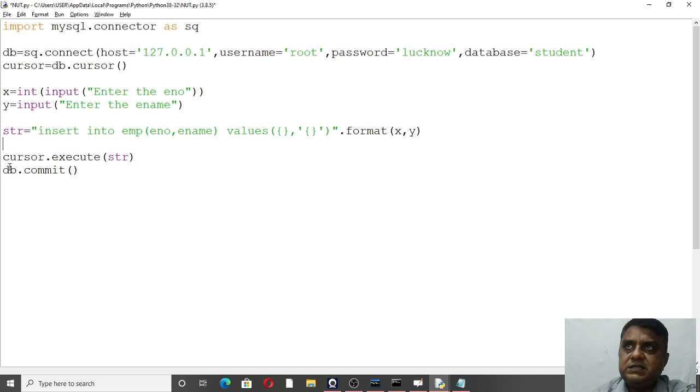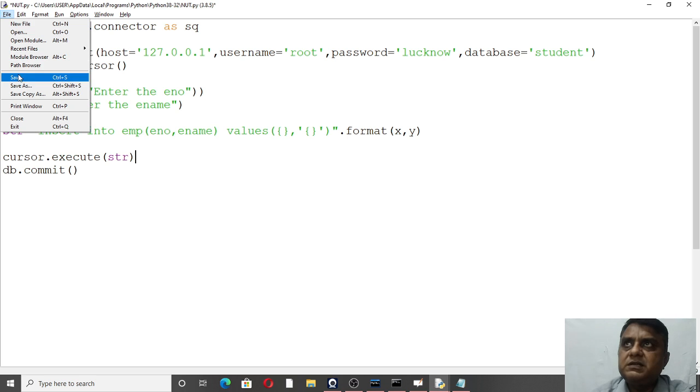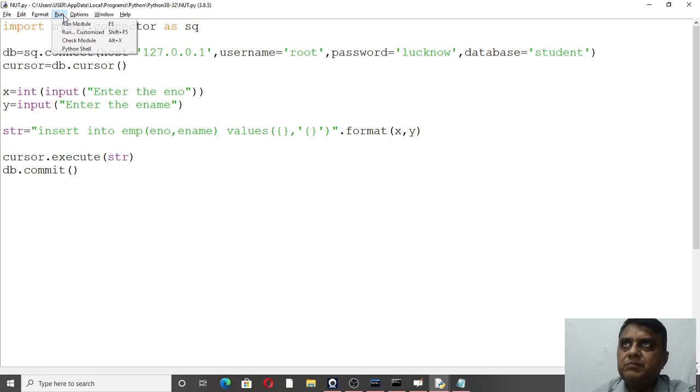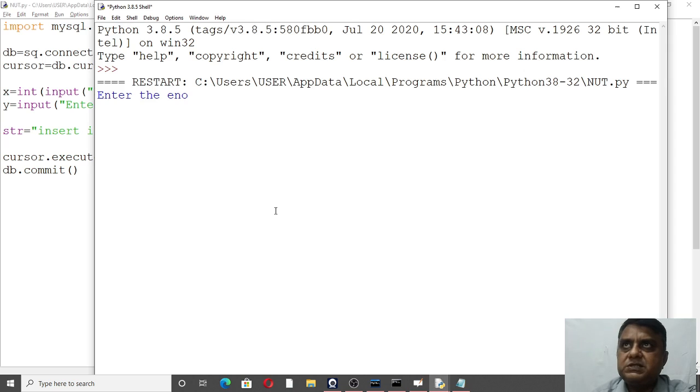Now let us see when you execute this statement using the execute function, that is cursor.execute and then the string, and finally you will commit the changes in your table. Now let's see what will happen when we run this program. First of all, save it, and then run this.